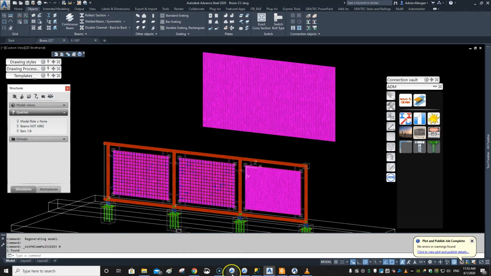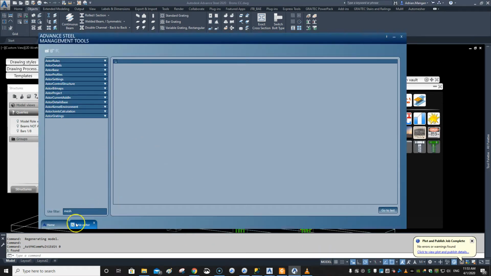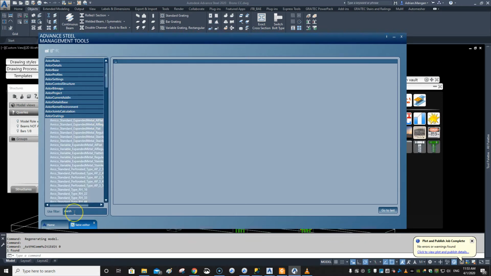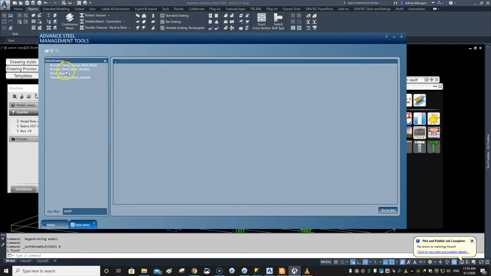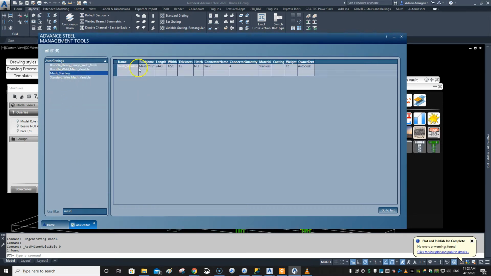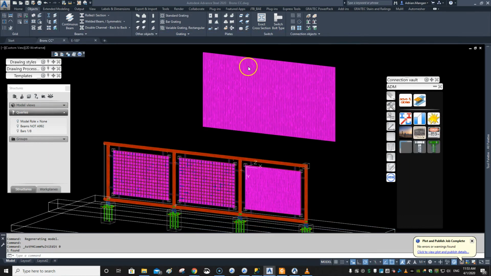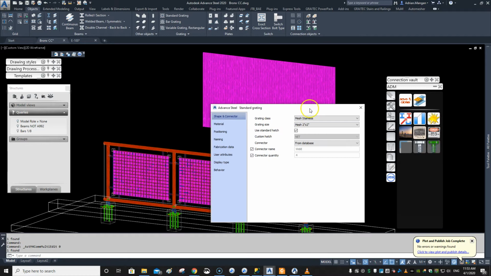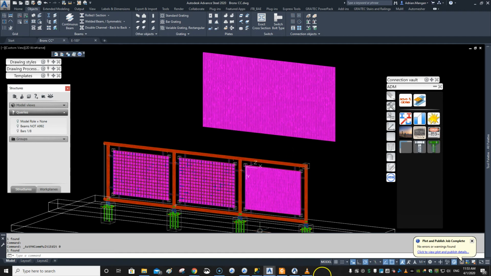So then you will go back to advanced steel, you go back into your table editor, gratings, and if I do mesh, you can see there's my mesh stainless. When it comes in, this isn't here. You have to fill this in. Let me see. If I close this down for a second, when I click on this, you can see that I only have one. There's a mesh 2x2. So let me go back into this here,